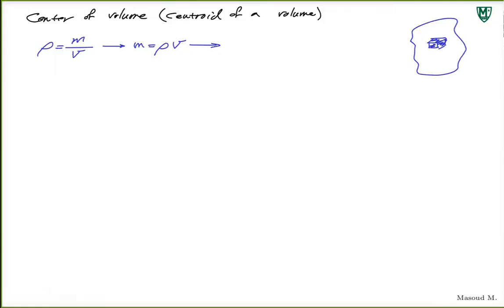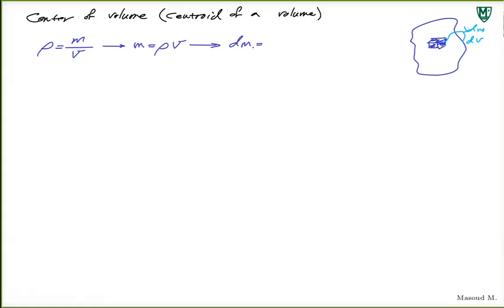This element here is basically an element with dm and dv: an element that has a mass of dm, depending on how small you make that particle. The particles forming a rigid body, you make them as small as possible, and the number of components goes to infinity. So dm